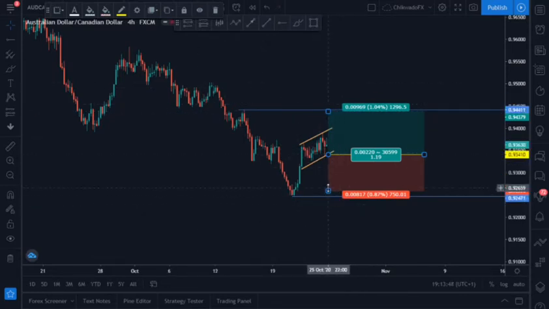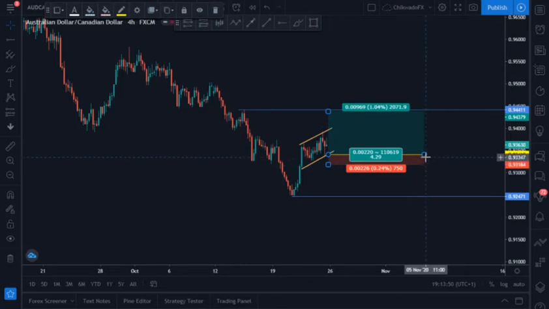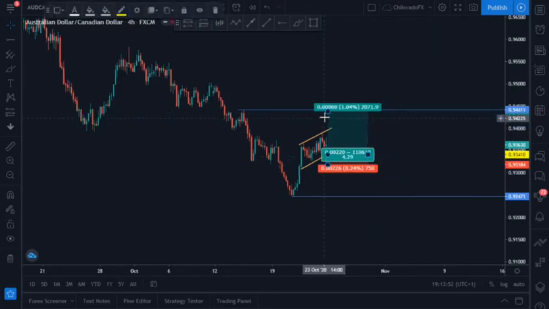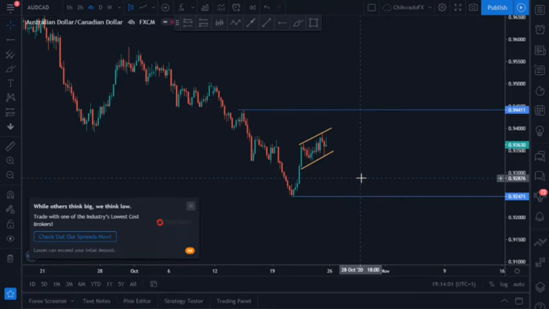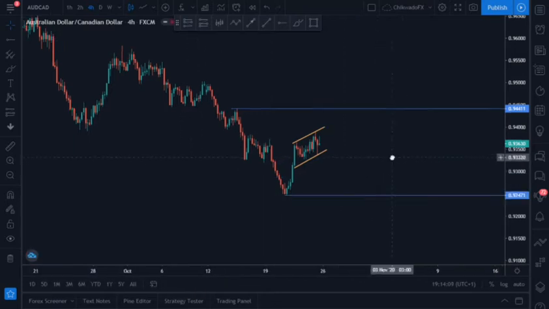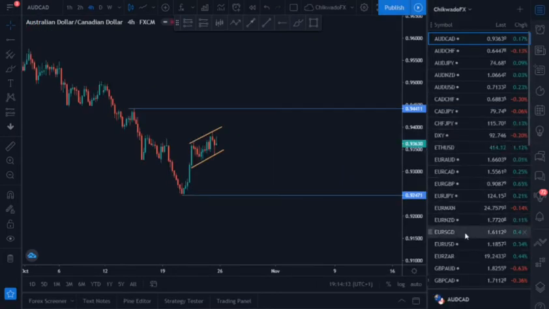I'd rather just sit on my hands and wait for the correction to pan out, and then get involved in a much higher probability trade, and also in a trade that has a higher risk to reward going to the downside. So that is what I'll prefer to do on the AUDCAD. So moving over to the pound yen, I just want to quickly show you,